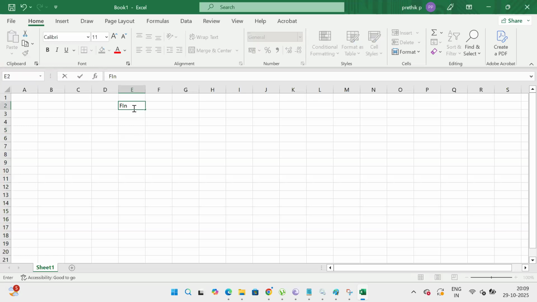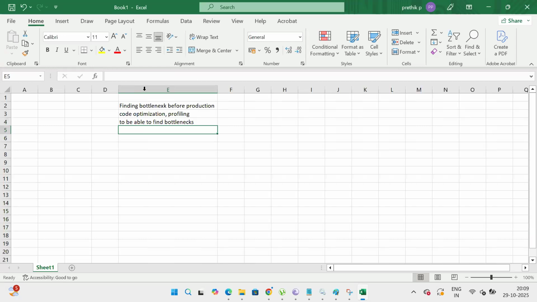Finding bottleneck before production, good. Code optimization, profiling, to be able to find bottlenecks, root cause analysis, good.